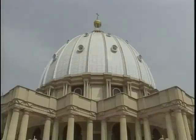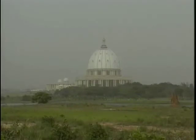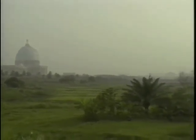In 1986, the first stone was laid, and the construction began. It took only 3 years to finish. The basilica was consecrated in September 1990 by Pope